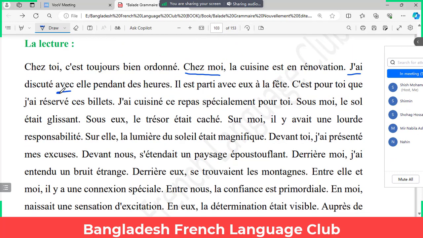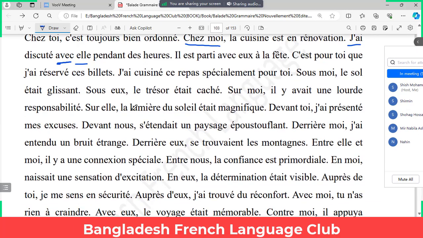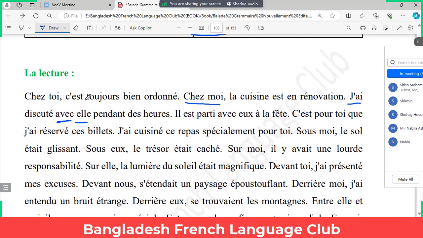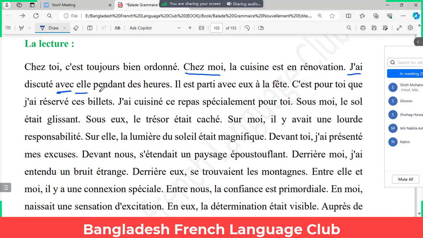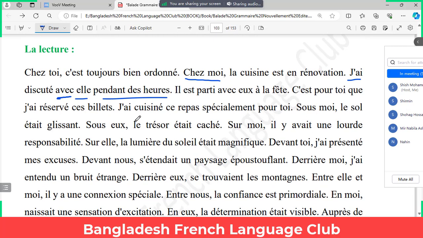You see this preposition and after that elle, because for elle the tonic form is also elle, right? So you don't need to think that it's a subject. If it is a subject, then there is supposed to be a verb, right? But there is no verb after elle, so it's not a subject. So j'ai discuté avec elle pendant des heures. Okay, then